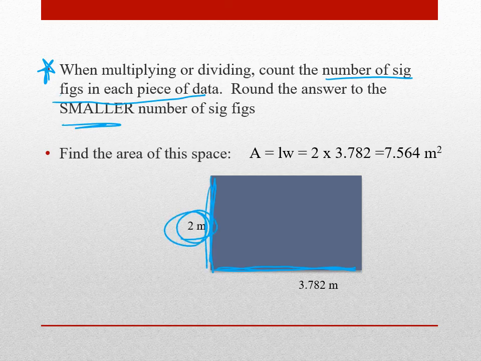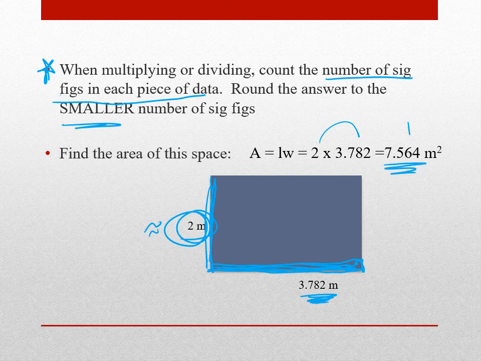And then my student was like, I'm going to get out my calipers and my meter stick, and I find that the length is 3.782 meters. Super, super precise. Lots of energy put into getting a good measurement. Meanwhile, I was like, 2 meters. So when we multiply these two, 2 times 3.782 to find the area, the calculated number is 7.564 meters